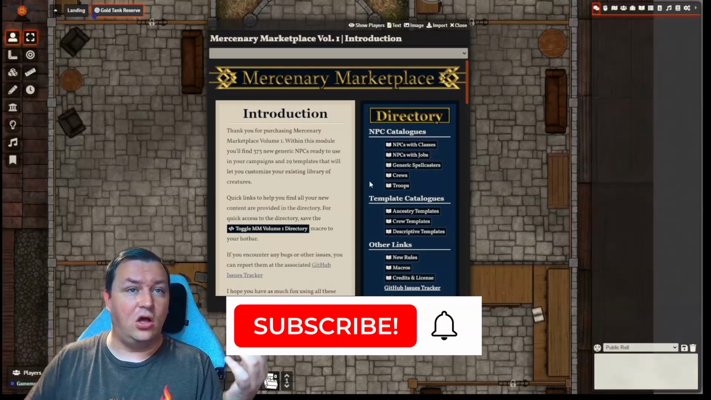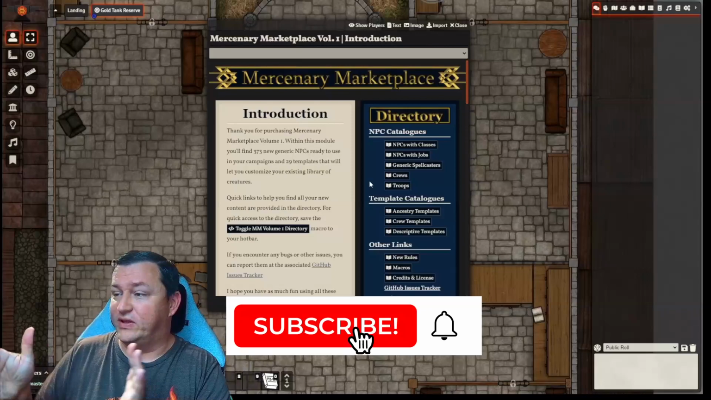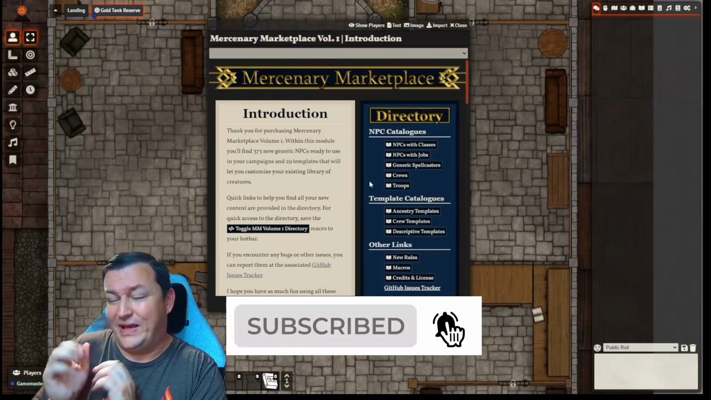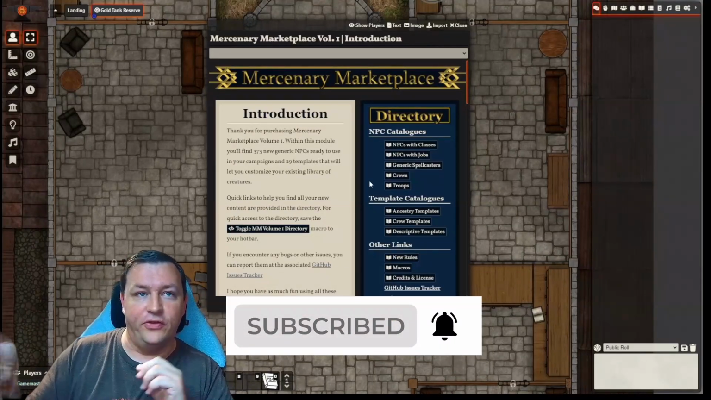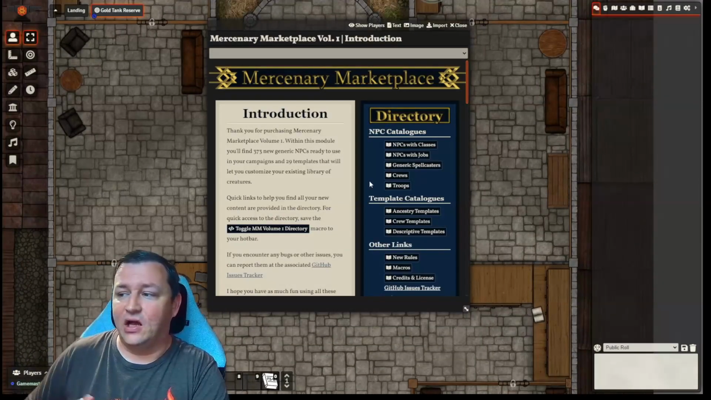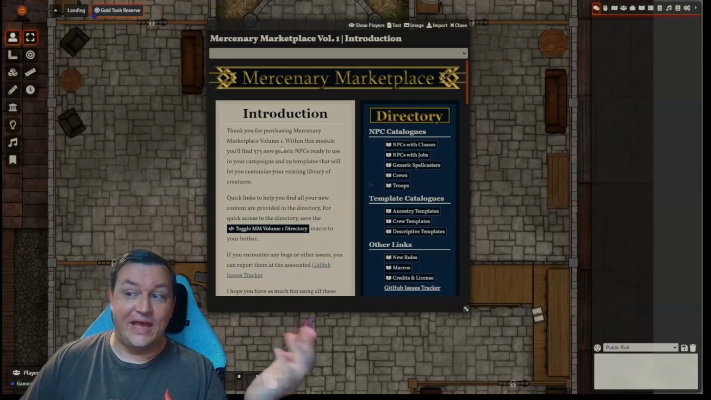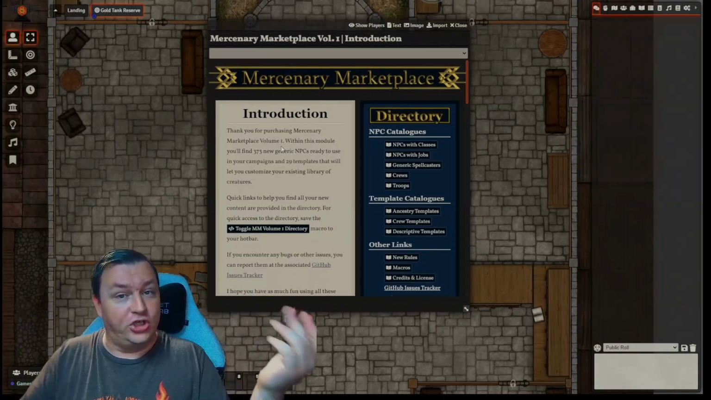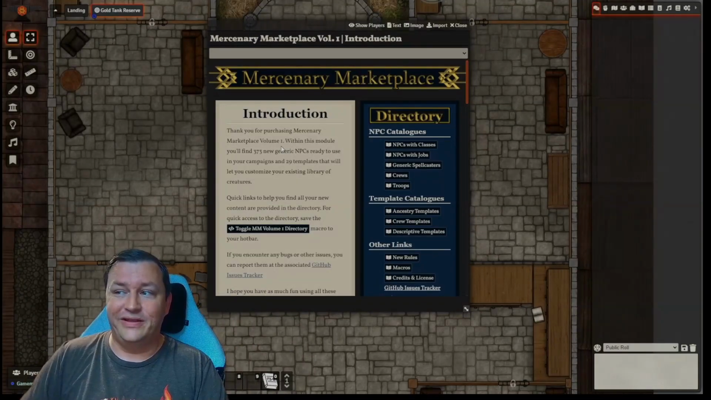So when you install and load your world, you're greeted with this cool introduction screen. Now we can see a directory here of all the module has to offer, including an NPC catalog, a template catalog, and other links like macros. There's a text blurb here: Thank you for purchasing the Mercenary Marketplace Volume 1. Within this module, you'll find